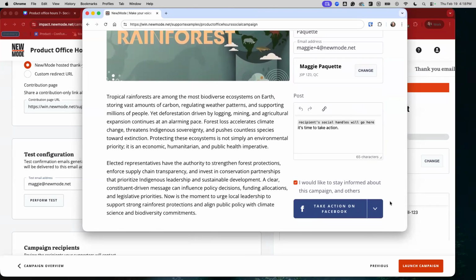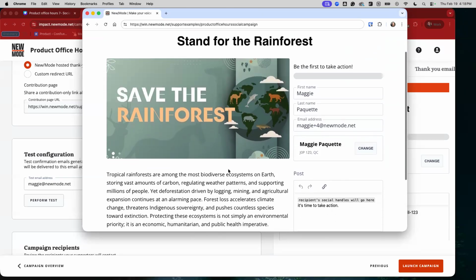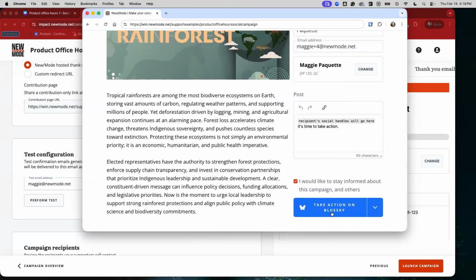And as we scroll down, you can see on the form, we now have this new button that says Take action on Facebook. From here, you can select this drop down and say, I personally would rather message on Blue Sky. So as the supporter, they can come in and select their preferred platform. And you can see here that the text is changing occasionally as well, based off of different message variations that we selected on the previous step. But this all looks good to me, so I'm ready to take action in saving the rainforest. I can click Take action,